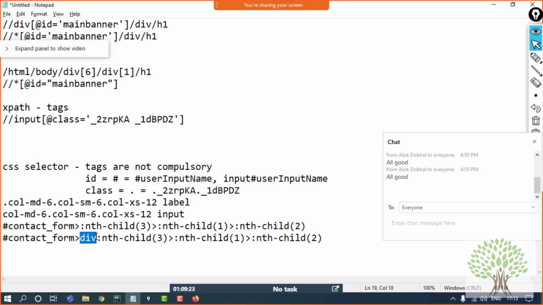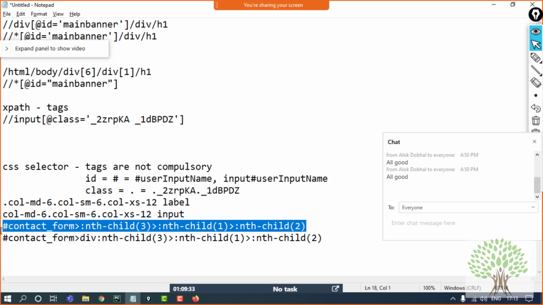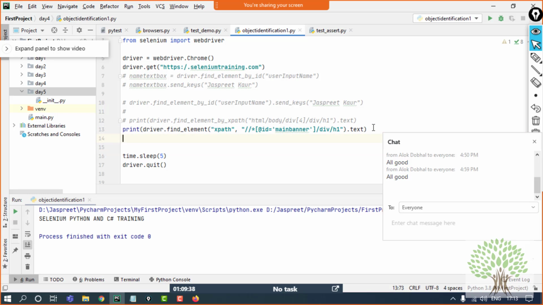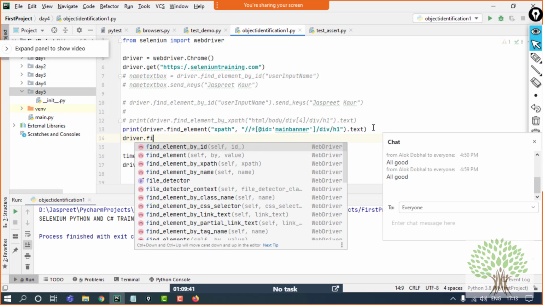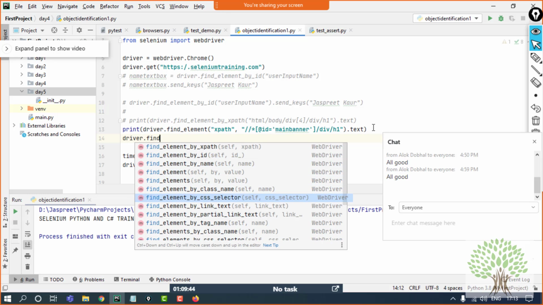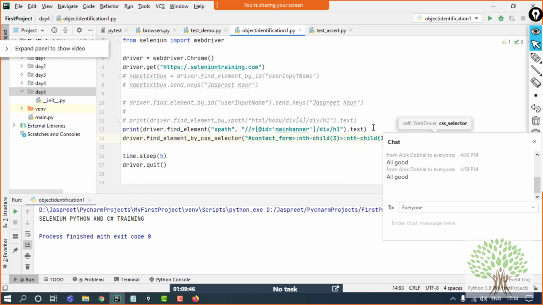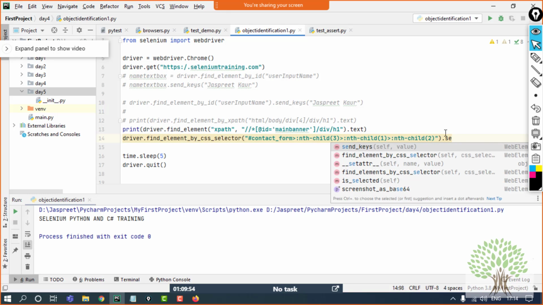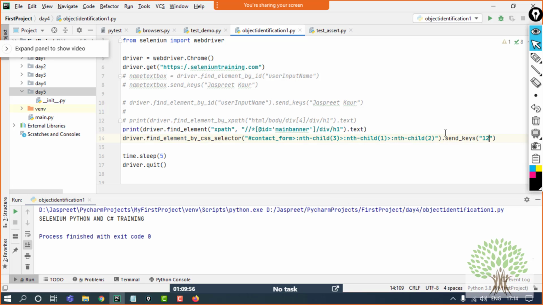Now if I try to extract this element and want to interact with this element, want to send some text inside this text box, then I'll pick the CSS selector, and I'll have it over here, and I'll say driver dot find element by CSS selector, and I'll pass on the selector over here, dot send keys 1 2 3 4 5 6 7 8 9 0.